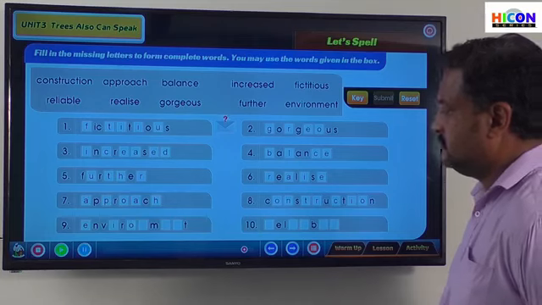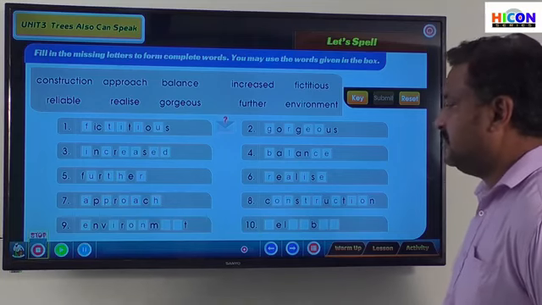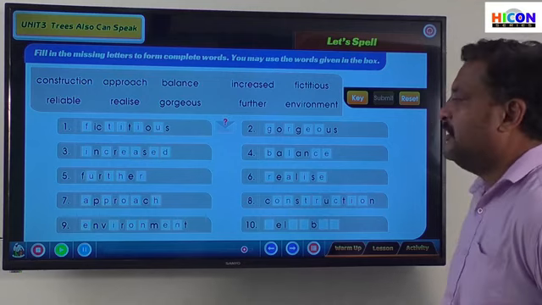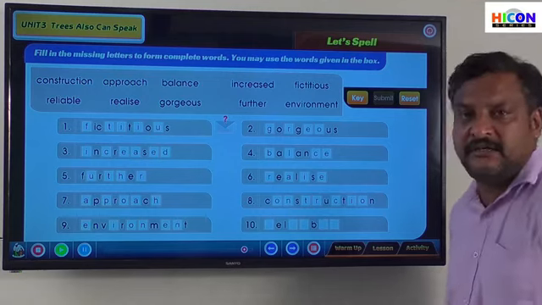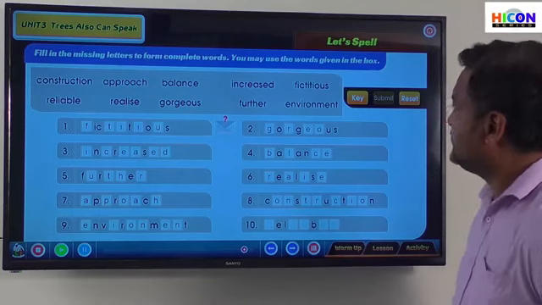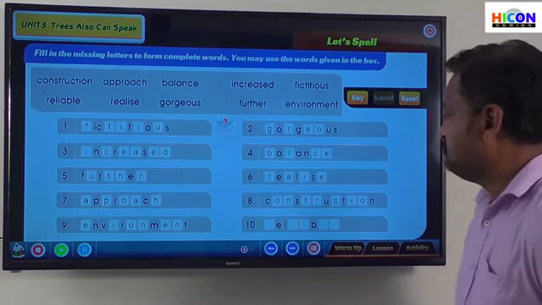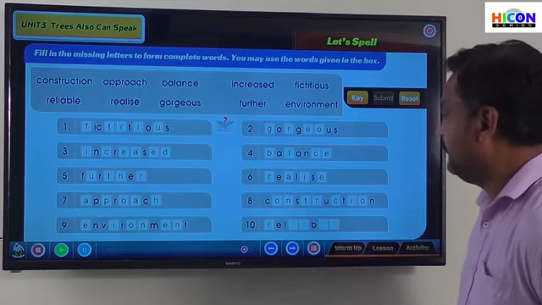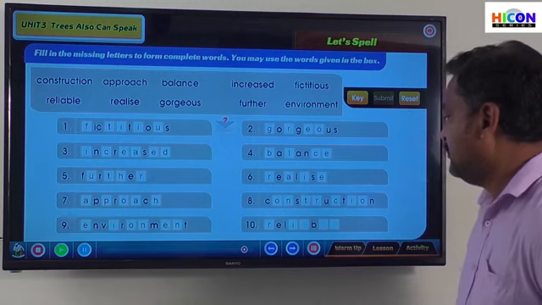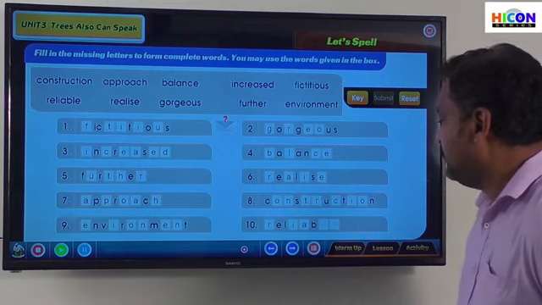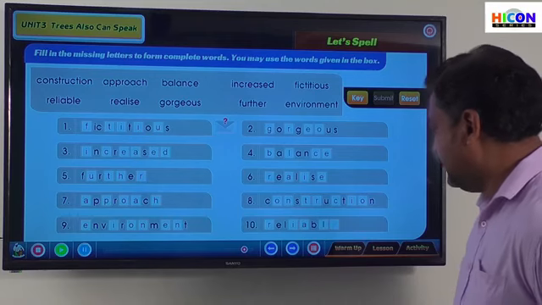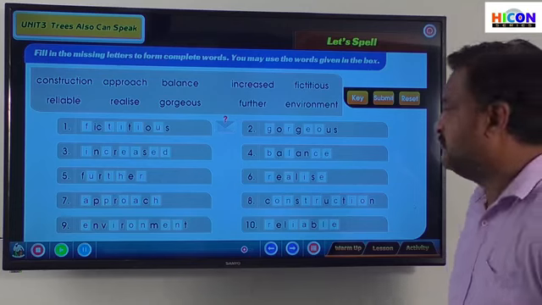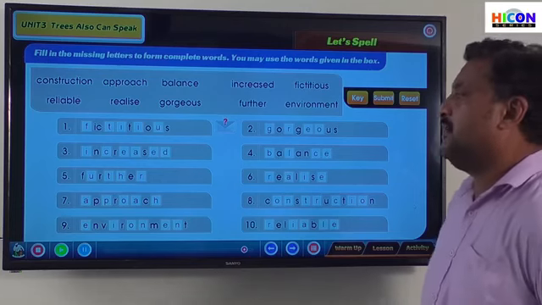ENVIRONMENT, environment. The last one is, what is remaining now? Reliable, isn't it? RELIABLE. Yes. We have done all the 10 words in that, okay? So the first one is